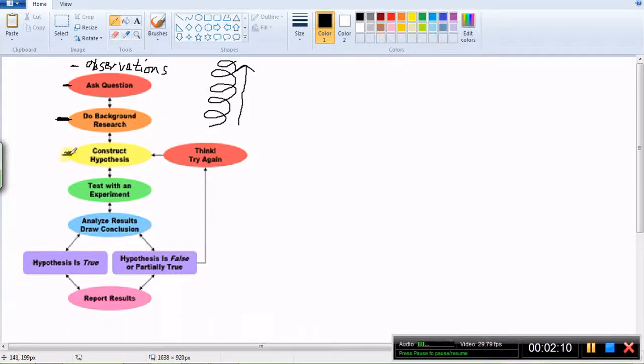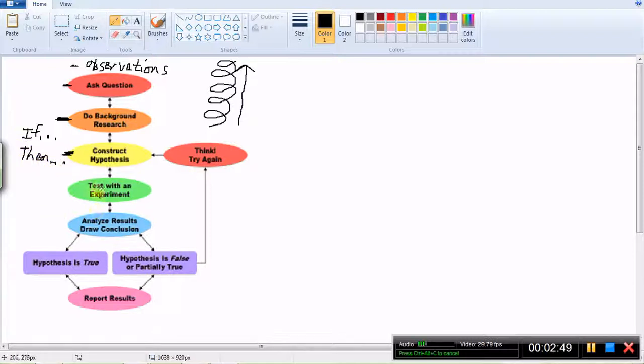Now this is actually a tricky area for a lot of students when they first start: constructing a good hypothesis. A lot of people say a hypothesis is an educated guess or statement. It's a proposed explanation about an observation, is what your lesson on K-12's website says. Think of it as a template. If you were going to make a hypothesis, you would make it like an if-then statement. So if something happens, or if I do something, then